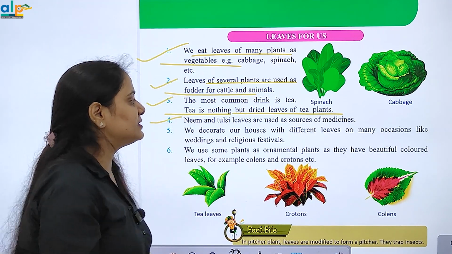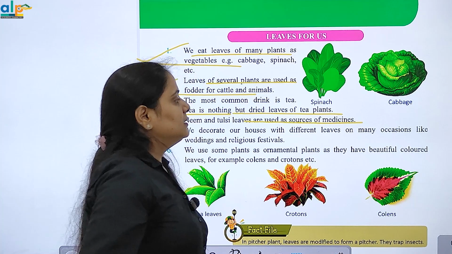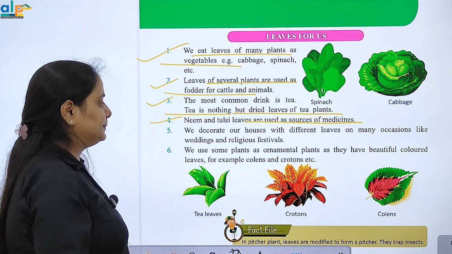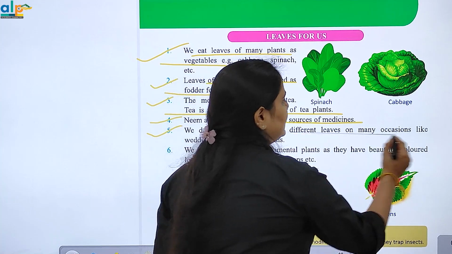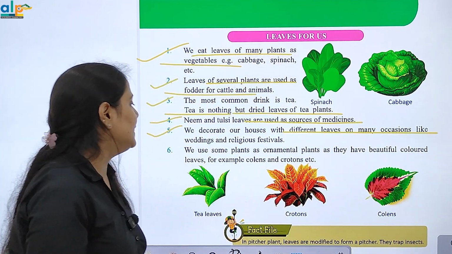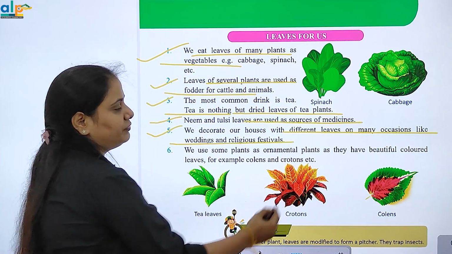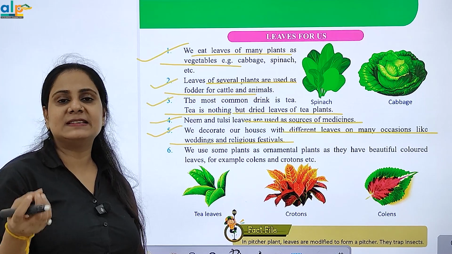Neem and tulsi leaves are used as sources of medicine. We decorate our house with different leaves on many occasions like weddings and religious festivals. Like mango trees and all,